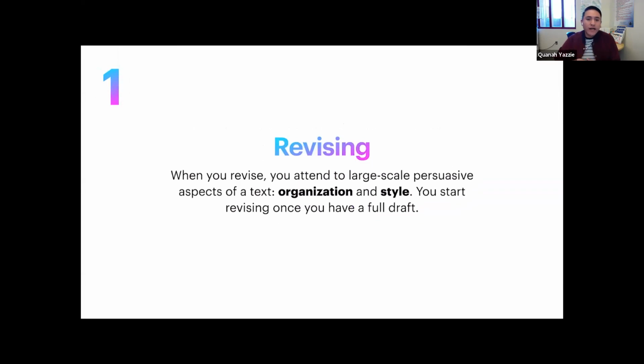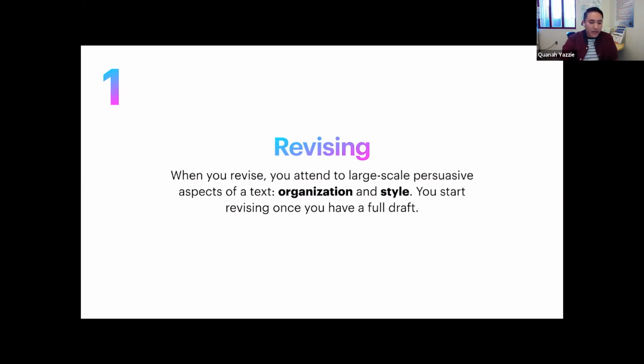So here's when you revise, you attend to large-scale persuasive aspects of text. Here you're focusing on organization and style. This is where you're developing your paper itself. After you generated ideas, now you're putting your paper into this structure. And that's what revising is. After you completed your draft, you're going to go into revising those portions and how everything